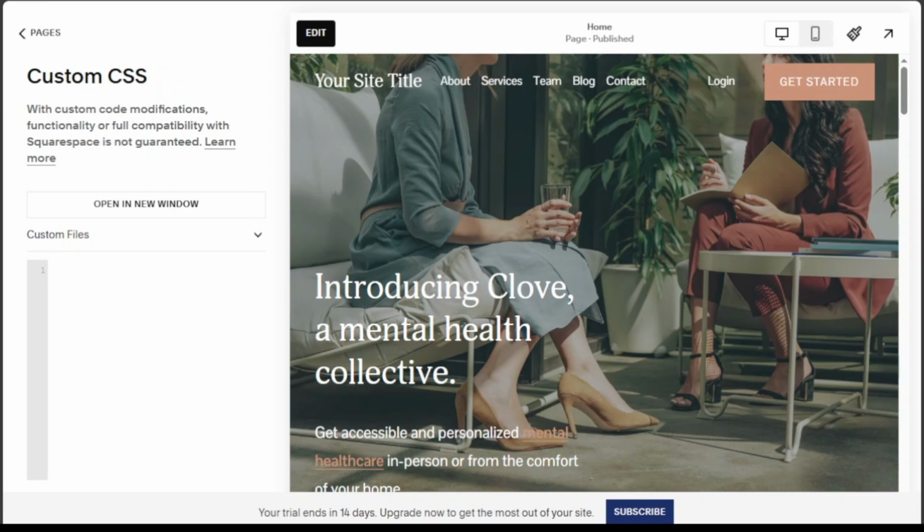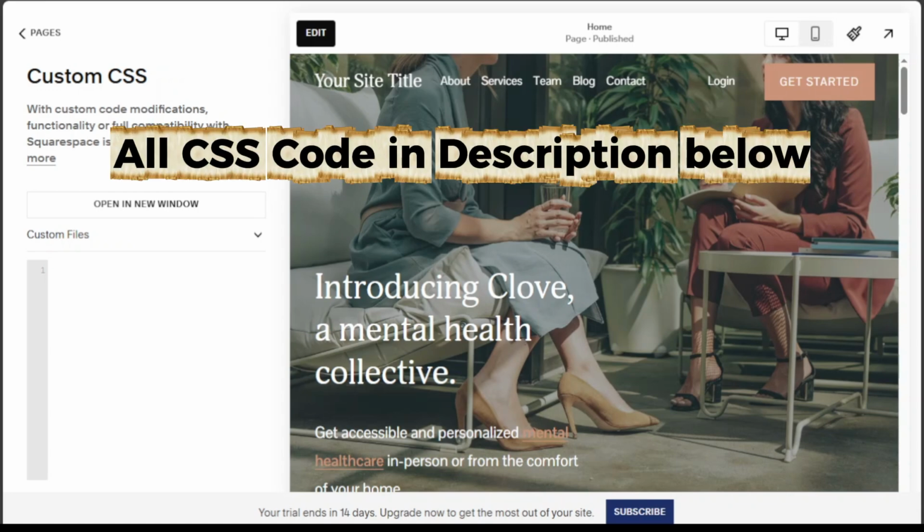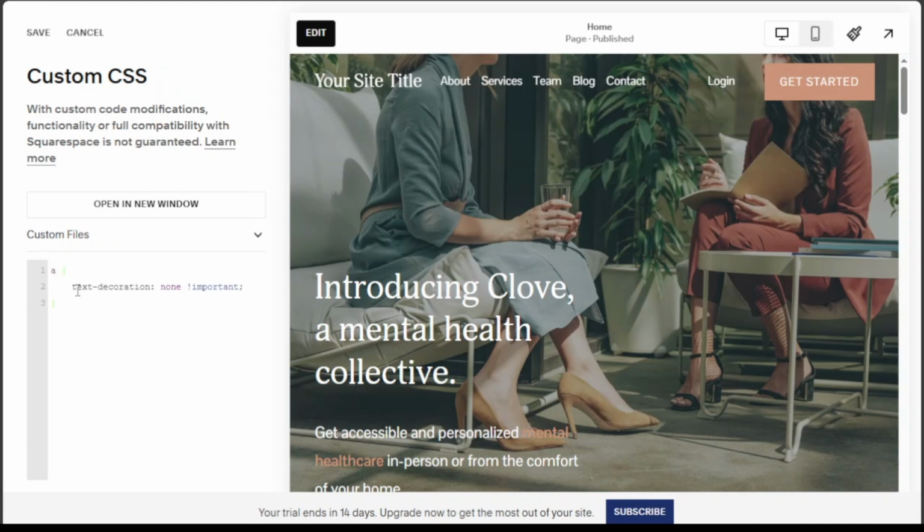So to get that code, it's very simple. I will leave you the code in the description so you can use it. This is the code actually. So this code, the CSS code, will remove the underline from all links on your